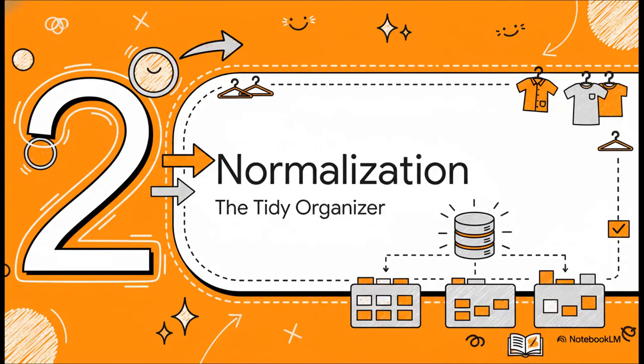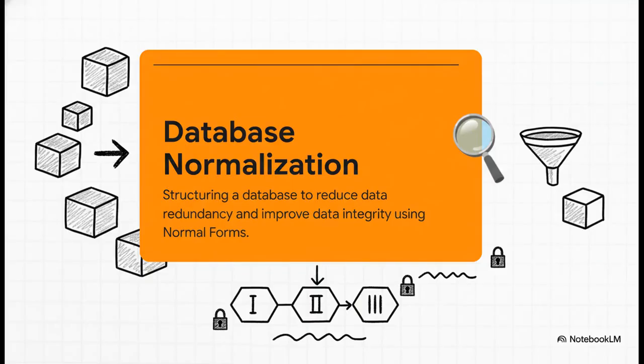All right, let's get to know our first philosophy. You can think of normalization as the Marie Kondo of the database world. Its entire reason for being is to spark joy by getting rid of clutter and making sure every single piece of data has one logical place to live. So what is normalization, in official terms? Well, it's a process for cutting down on data redundancy, which is really just a fancy way of saying getting rid of duplicates. And why do we do that? To improve data integrity, which just means making sure our data is reliable and consistent.